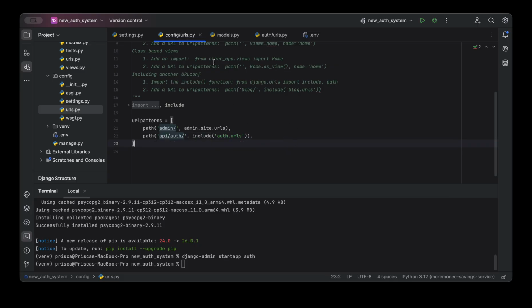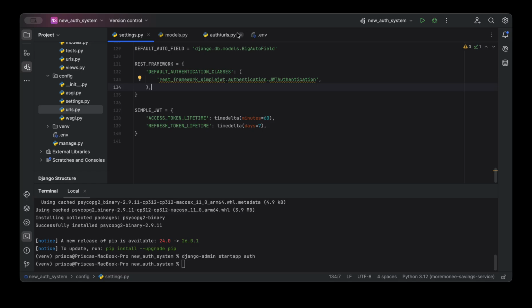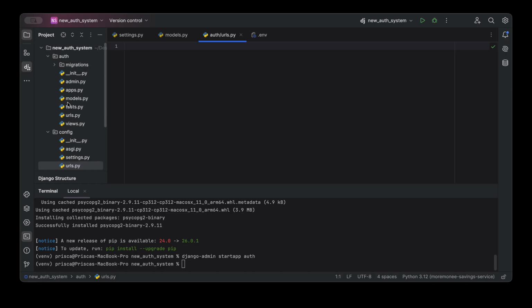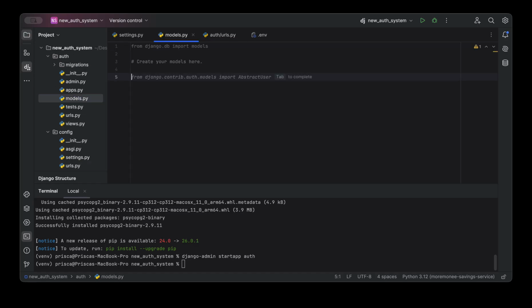All right, that works. So we have configured our app URL right now. Down here, we can write URLs, but I want us to first of all set up our model. So, down to our models. Right now, Django by default is already collecting some fields for us and is handling